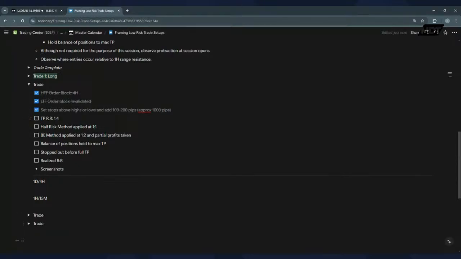And some of you may be asking, why am I not just waiting for it to be triggered in and then I'll do all this ticking, because it's actually the third or maybe fourth time that I've done this, and then I don't actually put on the trade. I think I'm just trying to simulate live trading conditions as far as possible, where if I see an opportunity and I line it up and it meets the plan, I'm in execution mode. I'm already getting my checklist ready. And if it doesn't trigger me in, it doesn't trigger me in. But at least I was ready for the trade, and not only setting this all up in hindsight.